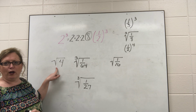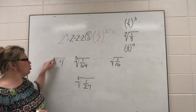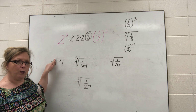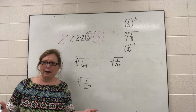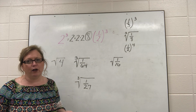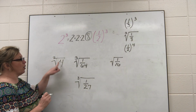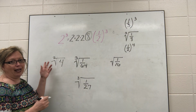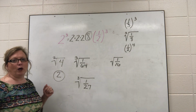Okay, so you have the square root of 4. How did I know it was square? Because there's no number up here, no exponent, we assume that it is a 2, okay? Now, square is not the only root of a number. I can easily put a 2, which means the square root of 4. If I just don't put any exponent, it would still be the same, and we know that that square root is 2,